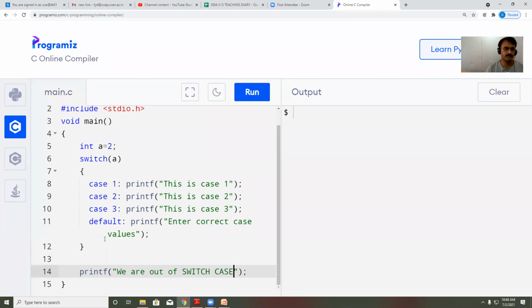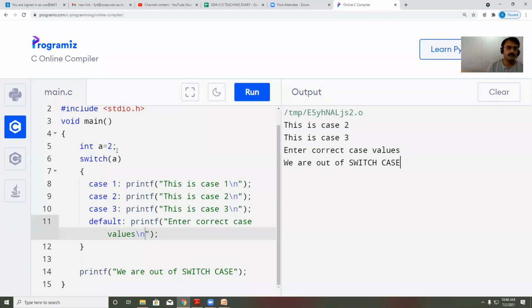Okay, we are out of switch case. So I will give \n, \n, \n. So if I'm having any other statement, it will go to next line. Okay, then I'm going to run the program.